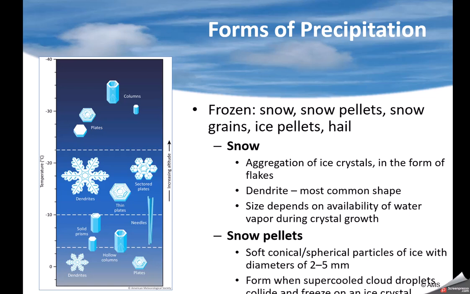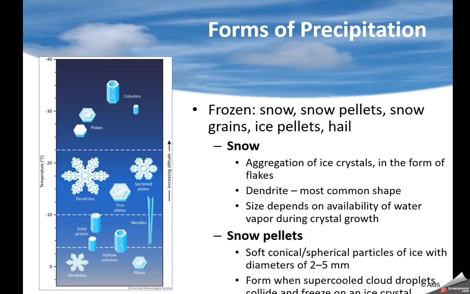Here's snow. Interesting, snow has a lot of different shapes. I want you to look at something. If I'm forecasting snowfall for your house, and I have this shape, or this one, or even this, and then compare it to a dendrite. Look how much bigger the dendrite is. So if I'm going to have snow at your house, I need to determine which shape that snow is going to be. That will determine how much snowfall you get. If I had dendrites, I can add literally 10 to 20% more snowfall than if I have one of these